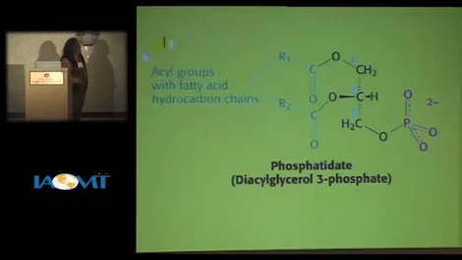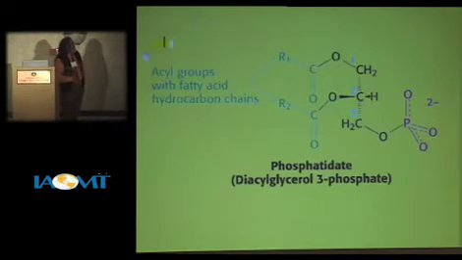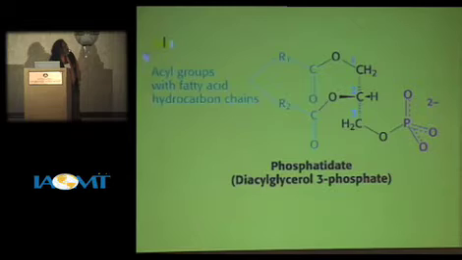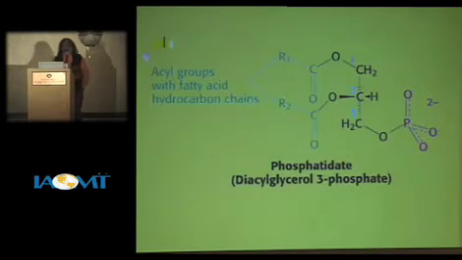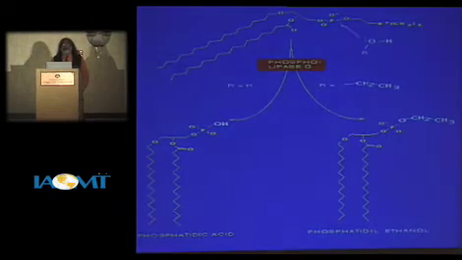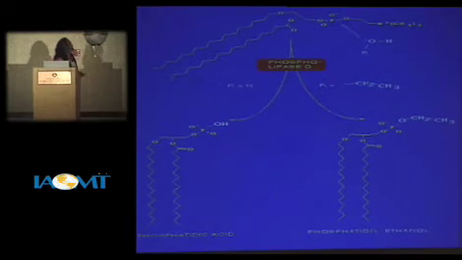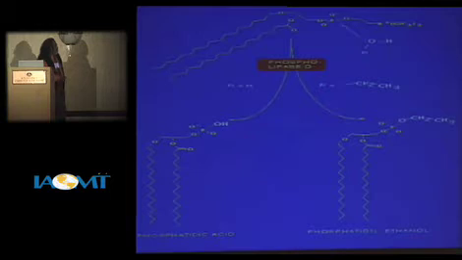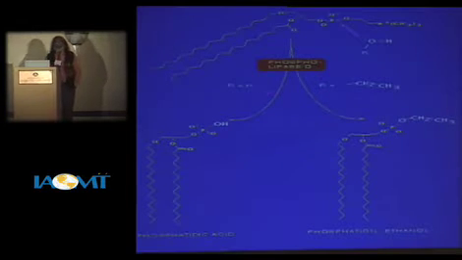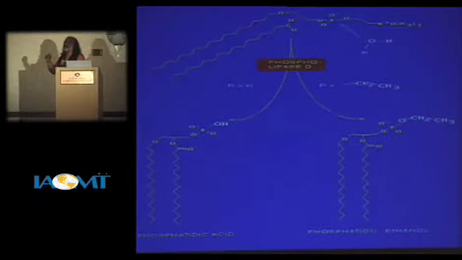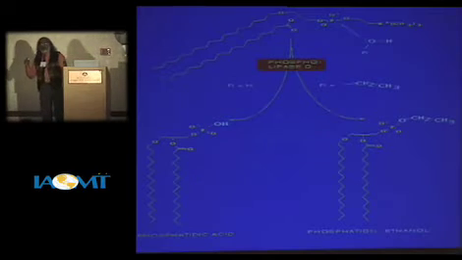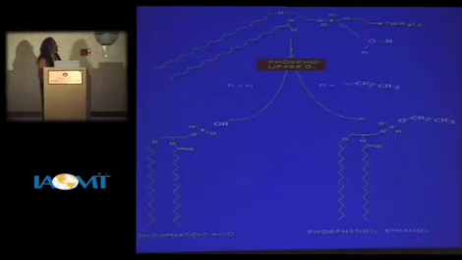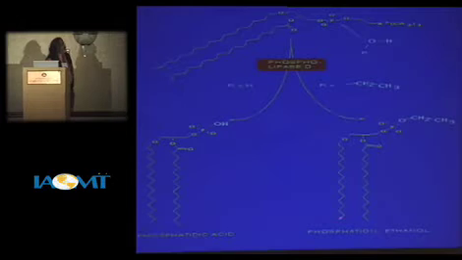This is phosphatidic acid. It's nothing but diacylglycerol phosphate. It only loses the head group, but still has the fatty acids in it. And the interesting thing is when the enzyme PLD acts on the phospholipid, forming phosphatidic acid, if you have a primary alcohol, either ethanol or 1-butanol or 1-propanol, it actually converts that to phosphatidyl alcohol.